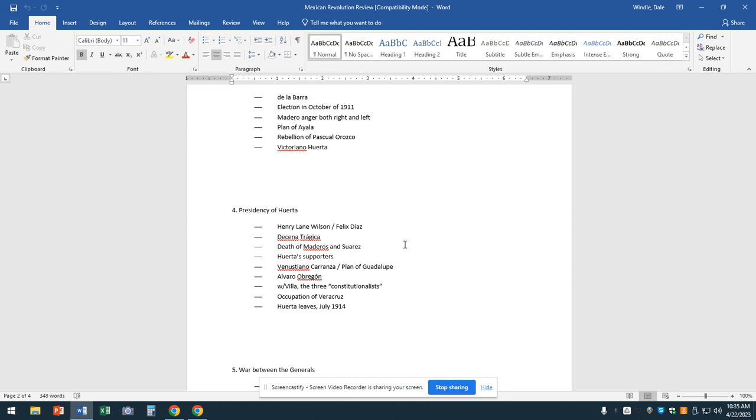Sometimes Obregon and Villa do what he says, sometimes not. At one point, Veracruz is occupied by the U.S. government for a period of close to a year. They do that so that Huerta cannot import weapons from Germany, which is about to go to war in Europe. There's evidence that was true. Germany was doing that. But nevertheless, this looks bad.